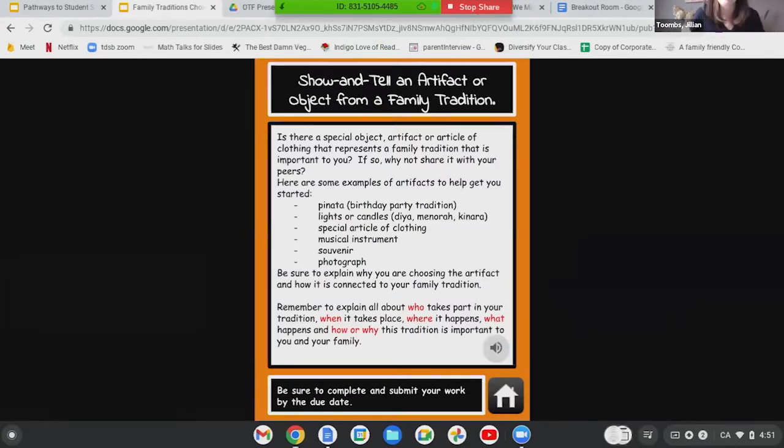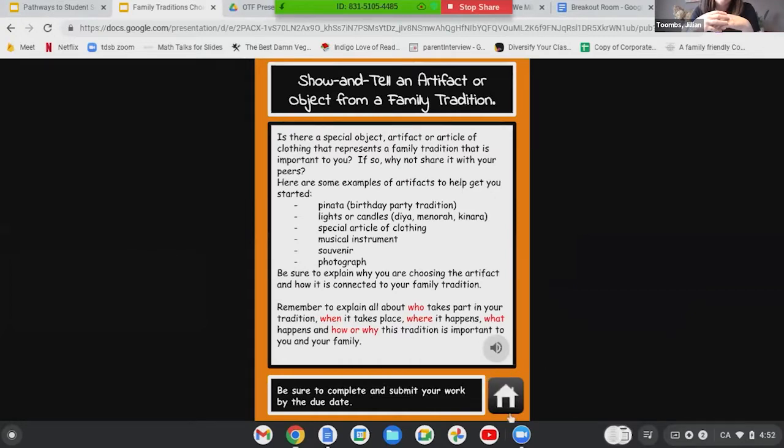I've had students bring in a piñata and talk about the significance of piñatas at their family parties. One year I had a student build a diorama out of clay that showed her family camping trip. They go on a canoeing portage every summer, and it was a really important tradition for her. So you're going to get a wide variety of responses.